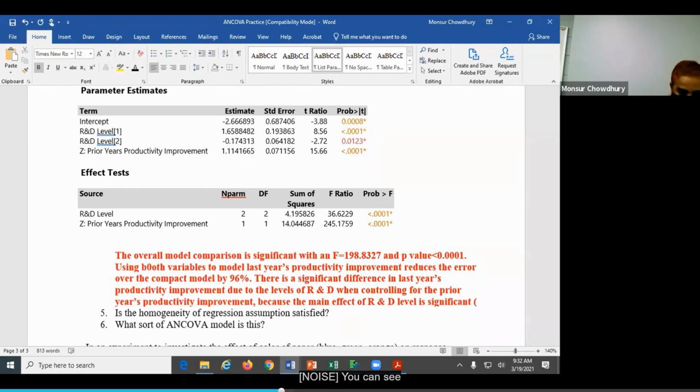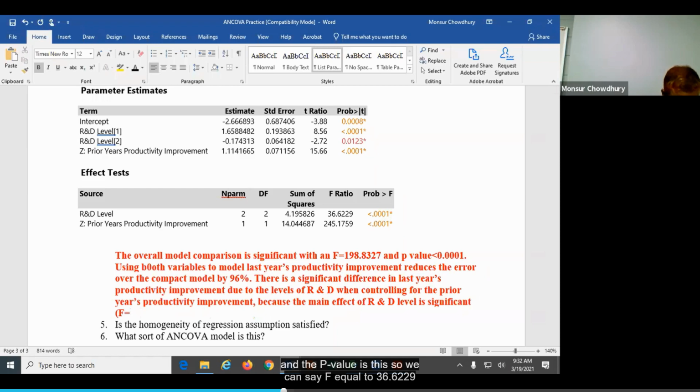And you can see our F value here for the main effect of the R&D. F value is this and the p-value is this. So we can say F equal to 36.6229 and p is less than 0.0001. Okay. So what is the advantage here?